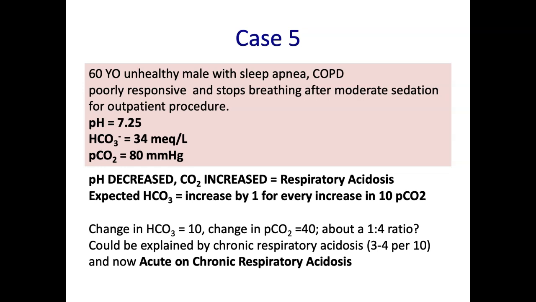Okay. All right, so we have to think a little bit deeply. The change in the bicarbonate actually went up by about 10. So he's 34 where normal's 24, and the change in PCO2 is 40. This could be explained by him having a chronic respiratory acidosis underlying all this, and now an acute respiratory acidosis. Chronically his PCO2 is high, and he's been like that for weeks and weeks and months, which is common in someone with COPD, sleep apnea, okay? So with chronic respiratory acidosis, his normal serum bicarbonate may be 30, maybe even higher than that. His normal serum bicarbonate is always a little high.